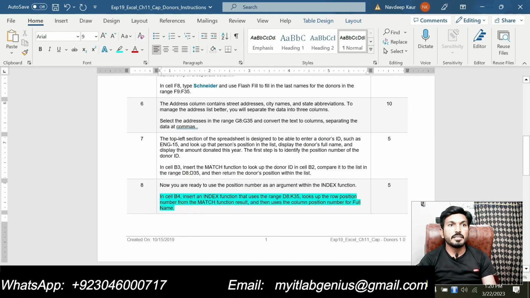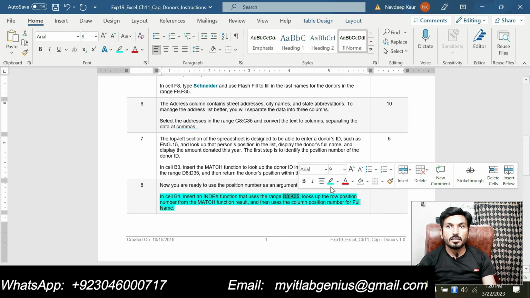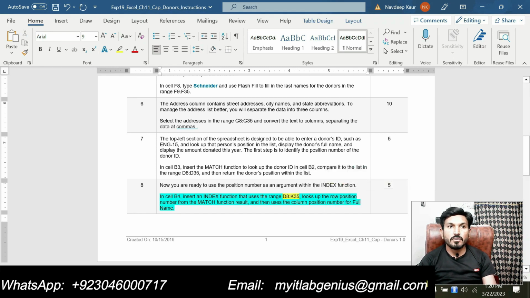In step number 8, it is saying that in cell B4, insert an INDEX function that uses the range, this is the range that we will use in the formula, that is D8 up to K35. Look up the row position number from the MATCH function result. So now we are supposed to look up the row position number and then use the column position number for the full name.